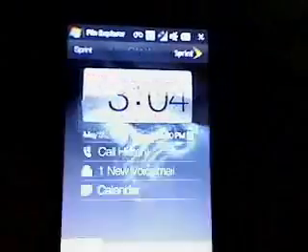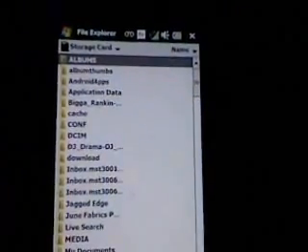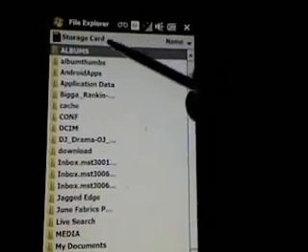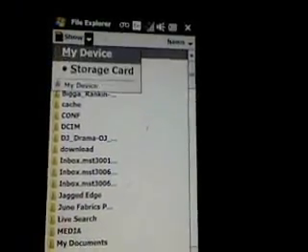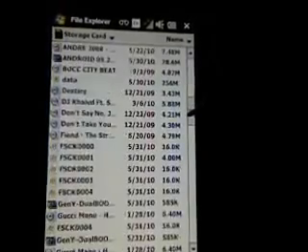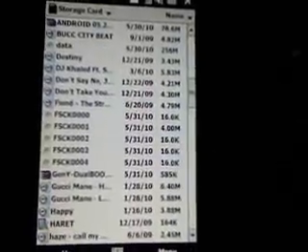Go to File Explorer and go down. Make sure that it's in the storage card too, because sometimes it might not be there. It might be in my device, but make sure you go to storage card, and you just go down until you find